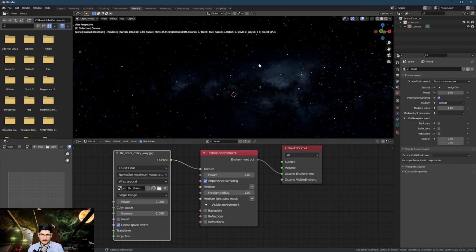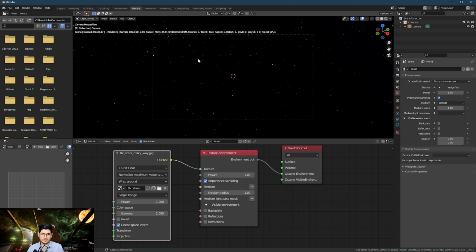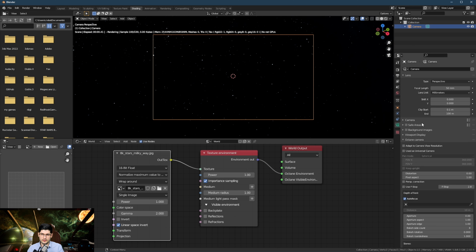Now if I press numpad 0 on the keyboard, this will take me to my camera view. What I like to do is select my camera and then go into the camera settings. You'll see that they're quite different in Blender Octane Render compared to the camera that you normally get with Cycles or Eevee. We're going to go through some of these settings in a bit, but the first thing I